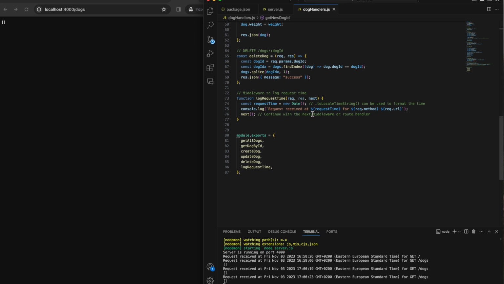Request received at, like here, request received at, and we get the date here from this variable, new date we have called, and request method, what kind of method we are calling here, and the method is get. So this get is coming, and the dogs. So as you can see here, what we have to do now is to go to Postman, and I